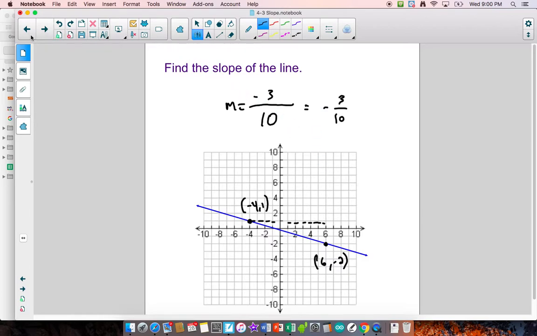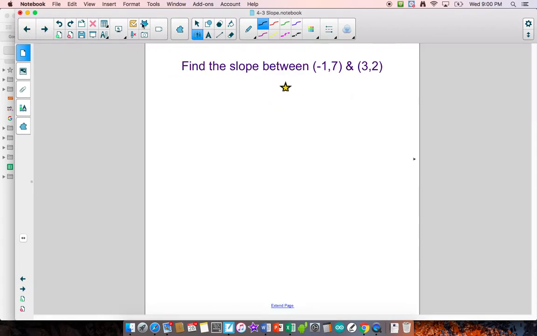Okay, let's go back to the ones. What if you don't have a graph? What if instead I just give you points and I want you to do it algebraically? I want you to find that slope. Now this one you will not need to draw a graph. I will show you the graph in a minute, but let's do it on paper with that equation that I gave you. The equation was m equals